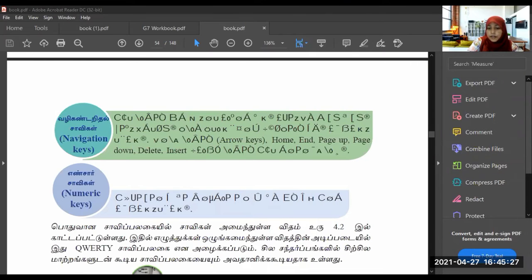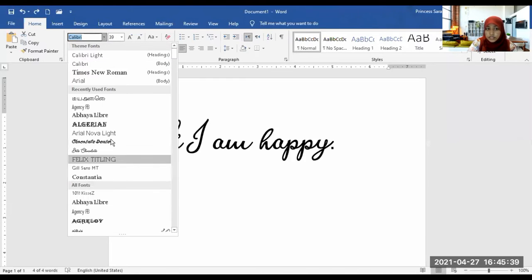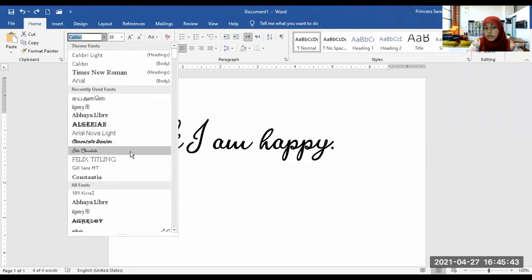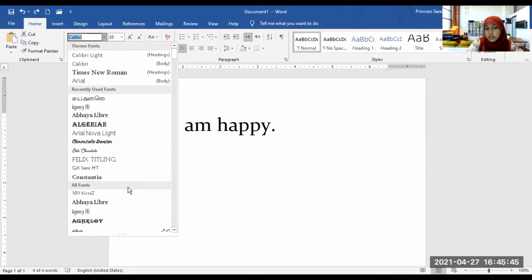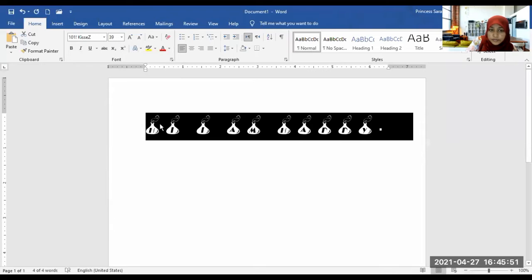For example, when you are using word processing software, you write things, and after writing you use some font styles. These are fonts. See here, it changes, right? So, for example, I have written using this font.